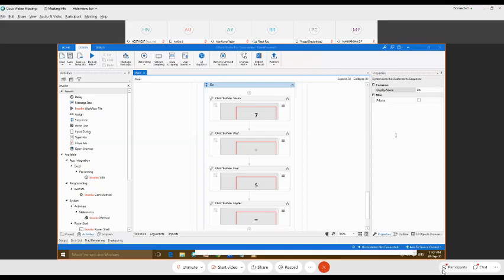Desktop recording and basic recording cannot open the application on their own. We have to open it. In web recording we have to provide the link, and we'll see the difference. But in desktop and basic recording, it cannot open the application automatically. You have to open it, then minimize it, and you can automate any user action that you work on, but it will not open the application on its own.